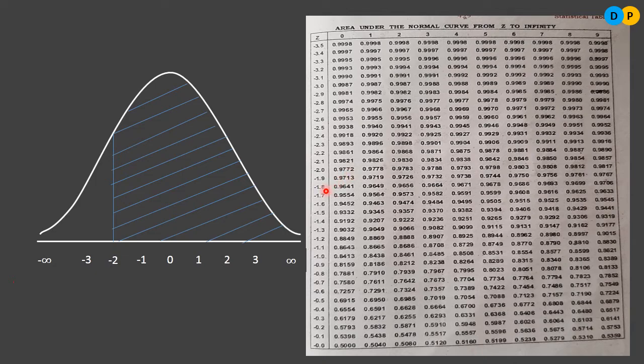So if we are asked to find the area for z ranging from a negative value up till infinity, then we look at the value in this particular distribution chart. That is a statistical chart which helps us find the area under the curve for a particular z value to infinity. Similarly,